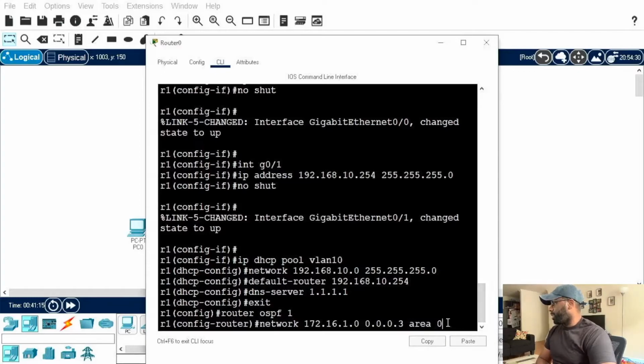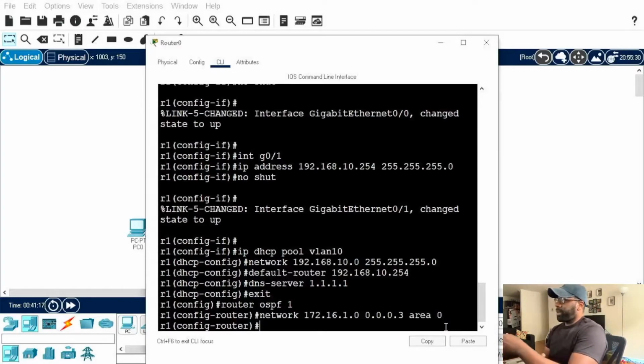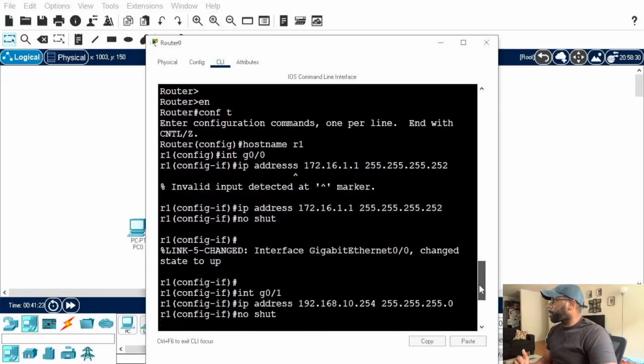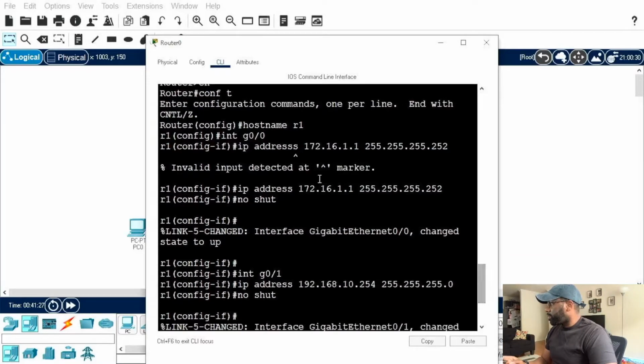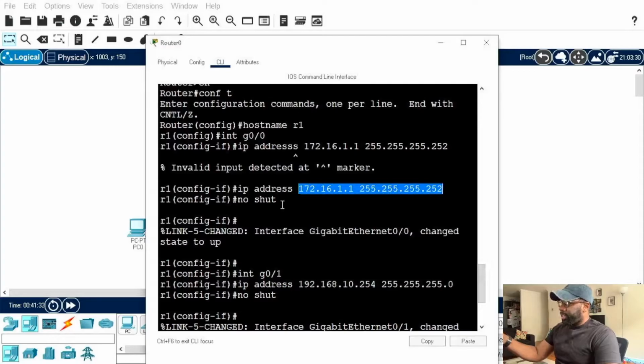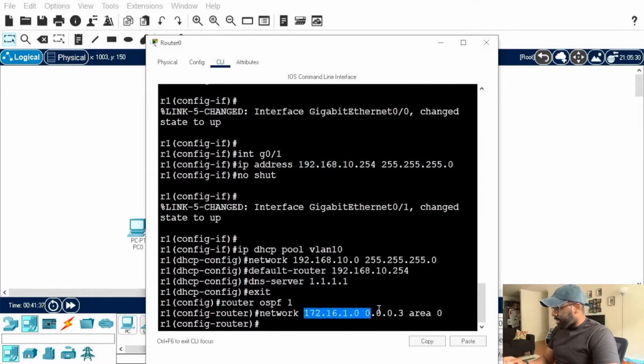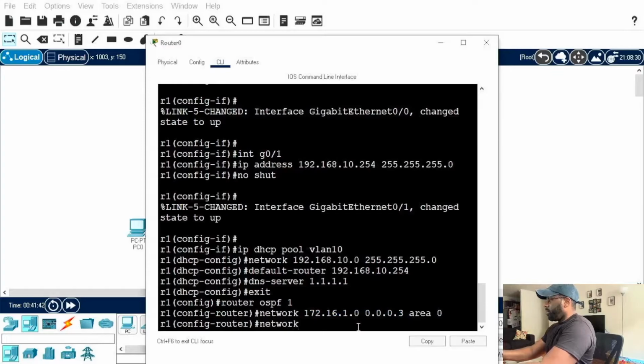So boom, we got this command. OSPF is activated on our G00 interface because this network command specified this IP address, right? This IP address falls within this specified range. Now we're going to do the same thing for